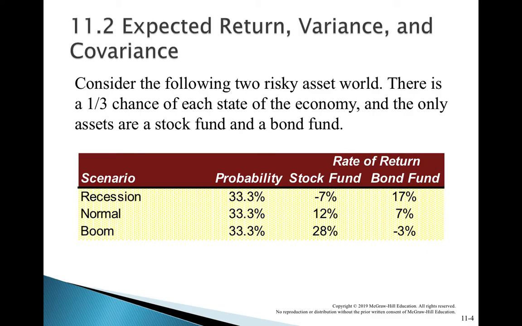You are forecasting. Now, if the economy goes into recession, the stock fund will give -7%, whereas the bond fund will give you 17%. If the economy is normal, the stock fund will give you 12% positive, the bond fund will give 7% positive. If the economy goes into boom, the stock fund will give you 28%, whereas the bond fund will give you